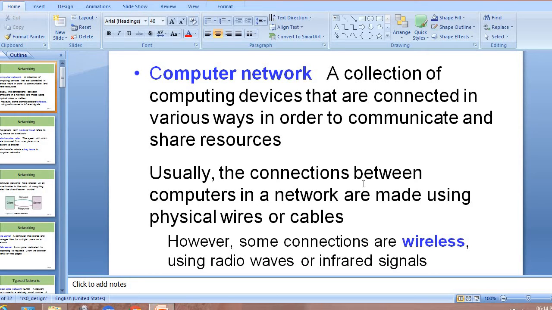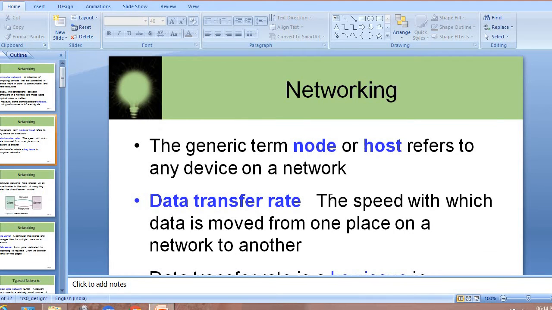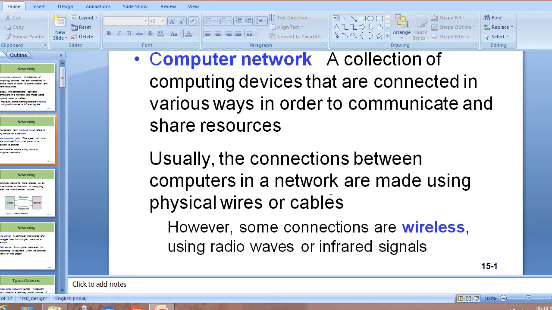Usually the connections between the computers in a network are made using physical wires or cables, but some connections are wireless.